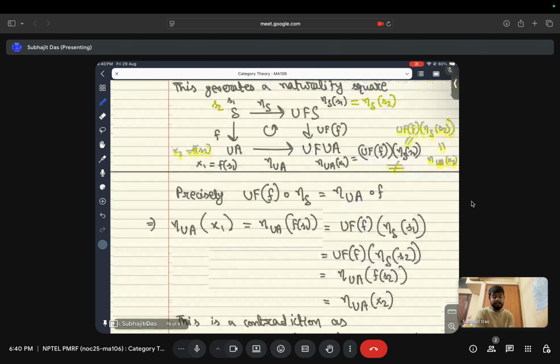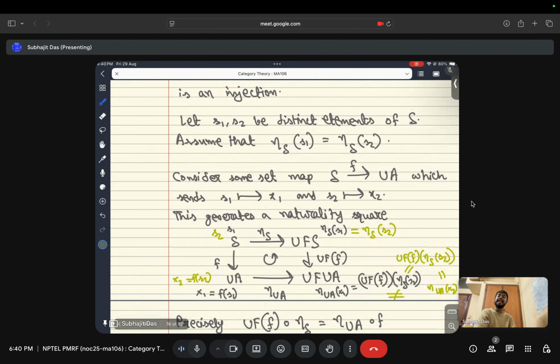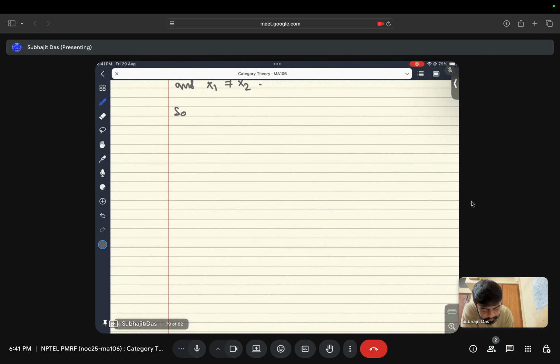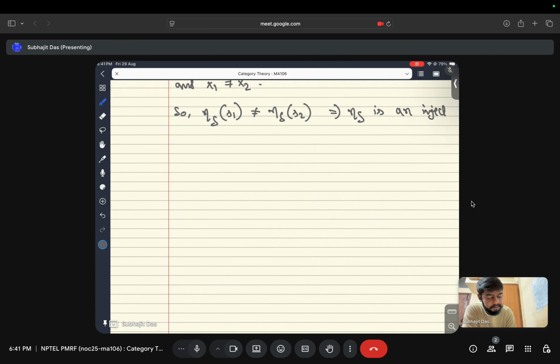Right? So this is our contradiction, and the contradiction entirely arises because we assumed eta at S applied on S1 is equal to eta at S applied on S2. So eta at S applied on S1 is actually not equal to eta at S applied on S2, which implies, since S1 and S2 are arbitrary elements in capital S, so eta at S is an injection, and this is for each set S in Set,